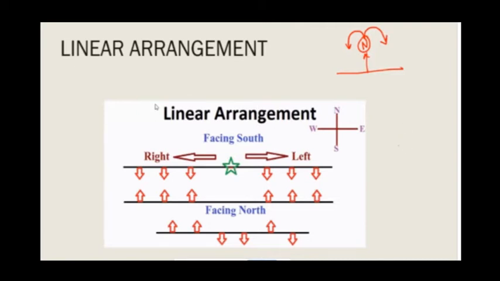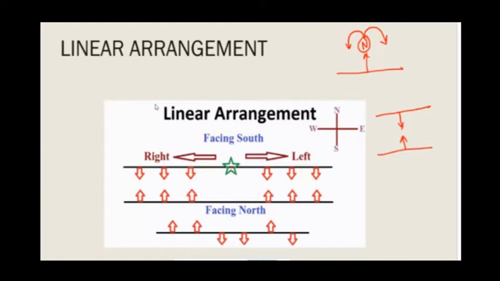Now, suppose I have a person who is facing north, and there is my friend who is sitting opposite to me. When he is sitting opposite to me, he will be facing me, right? You can imagine a scenario. If you have your friends or siblings inside your room or anywhere, you can imagine your friend opposite to you. Now your right is going to be your friend's left, and your left is going to be your friend's right. This is a very important thing that you need to understand when you get a row problem with respect to